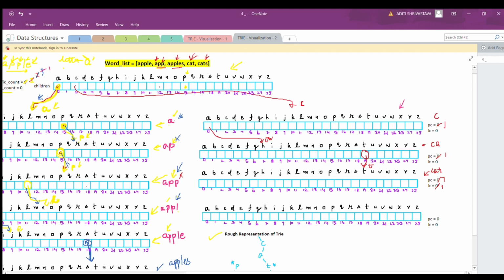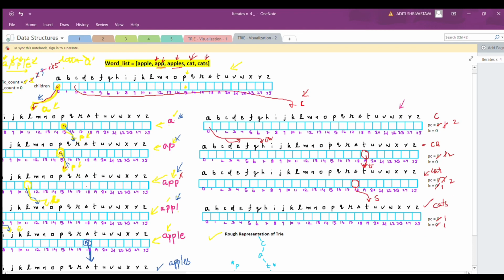So we have inserted cat, and then after that, inserting cats, let's check out. First letter is C, it is pointing here, it comes to here. Then it looks out for A, it points here, so it has come here. Also incrementing, this has become 5. And this is incremented, and this is incremented, and it moves forward to T, which is also incremented. Then it is looking out for S. S has null, so create a new node and add the address, and this is S, and this represents cats, and the prefix count is incremented as well as the leaf count, representing cats is a word.